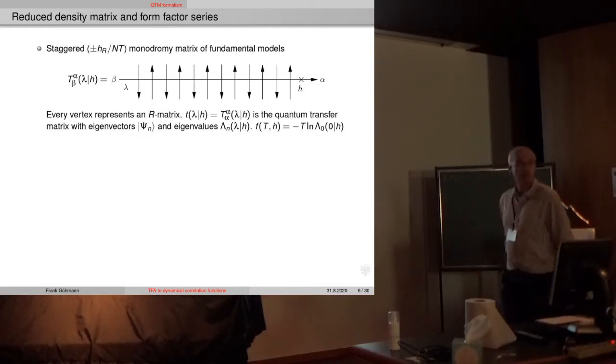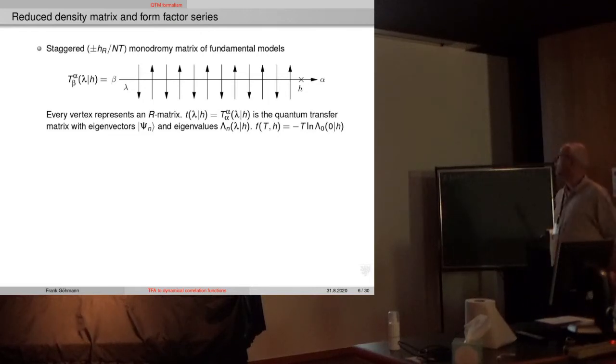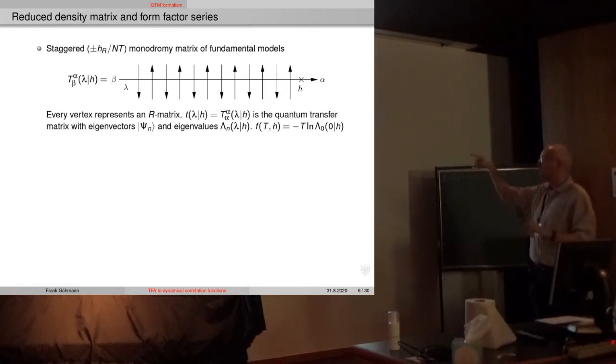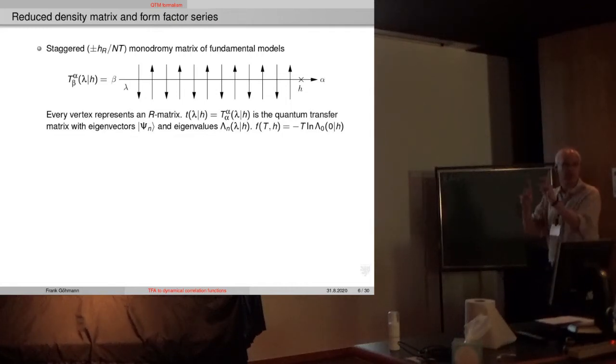But do you really fix the spins? Yes, here I fixed the spins. You mean the representations? No. I mean, you said spin up, spin down, spin up. No, it's not fixed, it's just a matrix. This is just representing a 2 to the n by 2 to the n matrix. I don't fix the spins. So the arrows are just